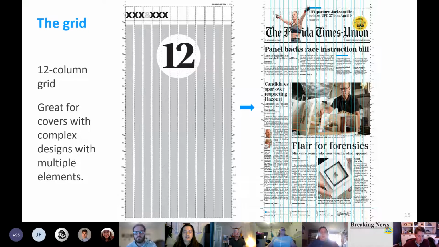While the 4-column grid is good for covers, sometimes we need more flexibility to make elements on the page different widths. So that's what the 12-column grid is for. But it also does that while maintaining order and symmetry, making sure that the gutters all line up. So if you take a look at the page on the right, the photo and the info box in the centerpiece benefit from having more widths to choose from, but they still line up.